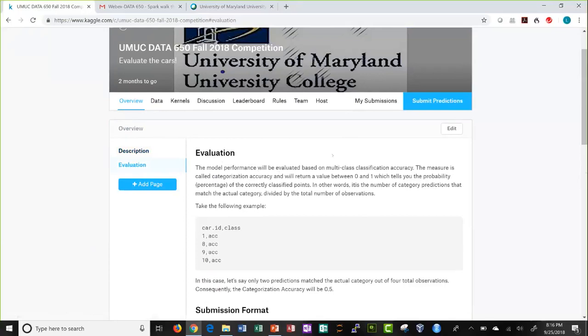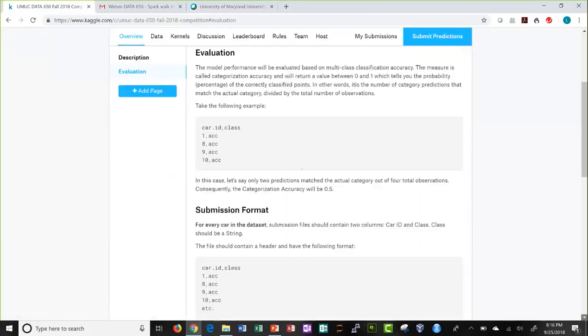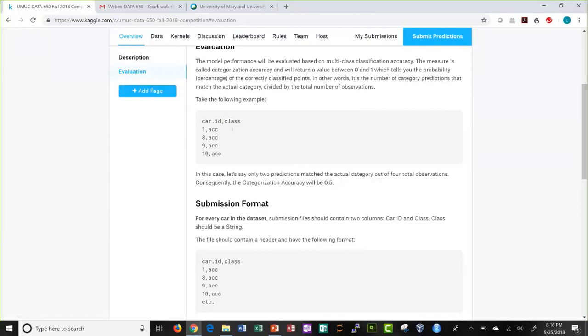And based on that, you will be scored. Your submission will be scored accordingly. So read through this. There's information provided, an example of how this accuracy is being calculated when you submit the file. What should be the submission format? That is also provided here as well.